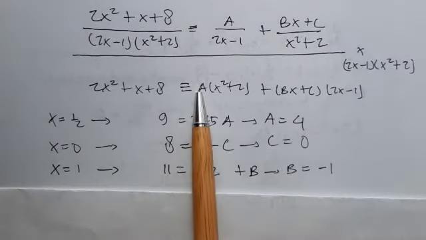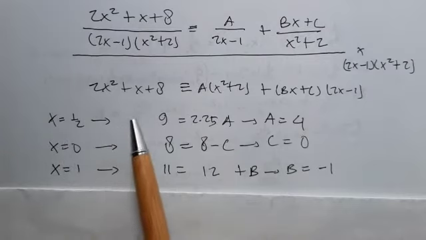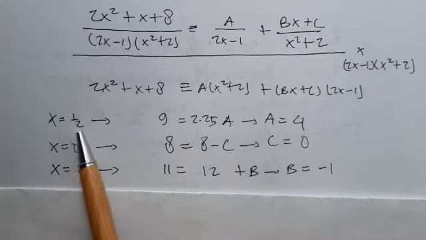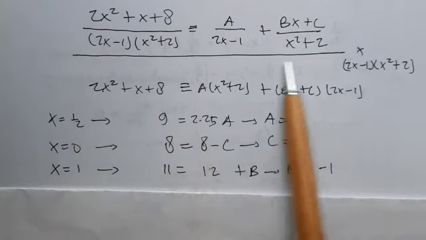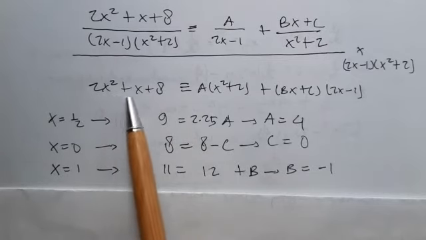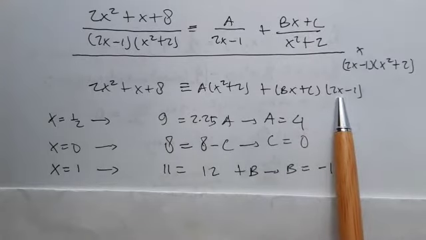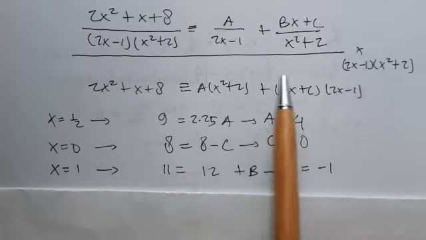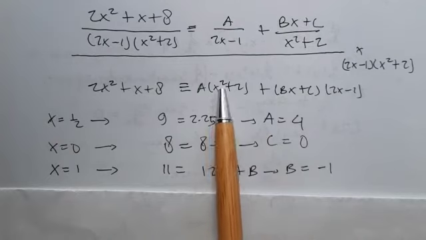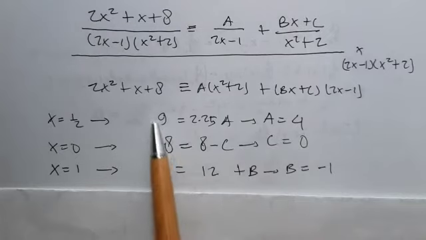Now here is an identity, which means we can choose any x. For example, I choose x = 1/2. Substitute x = 1/2 in the left-hand side and the right-hand side. On the left, 2 times (1/2)² plus 1/2 plus 8, that is 9, equals, on the right, if I substitute x = 1/2 here, this becomes 0, so 0 times this part, all the terms here are 0, and what stays is a times (1/2)², that is 0.25a, plus 2 is 2.25a. Thus a is 9 over 2.25,